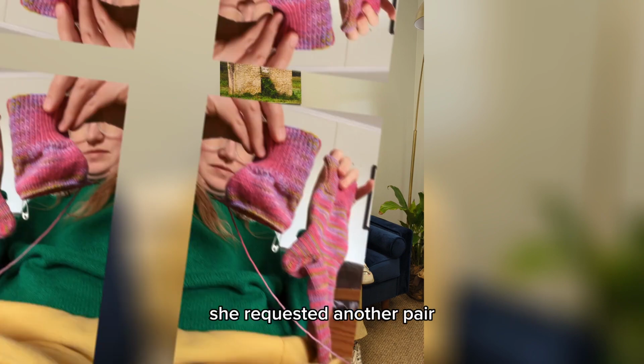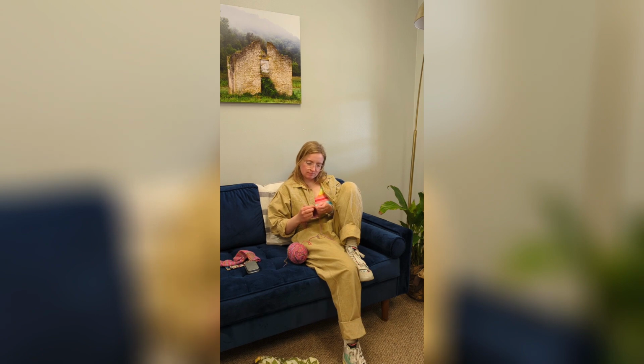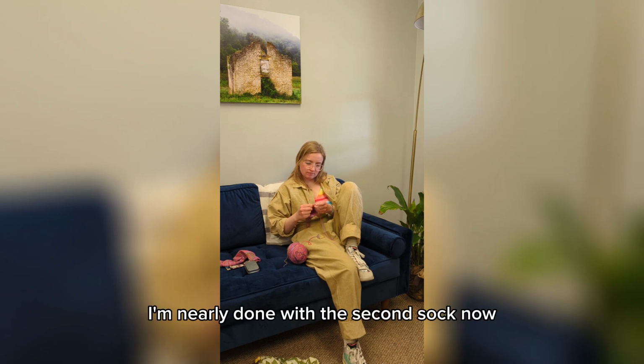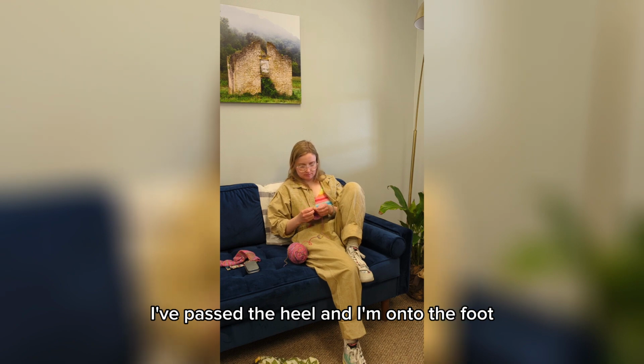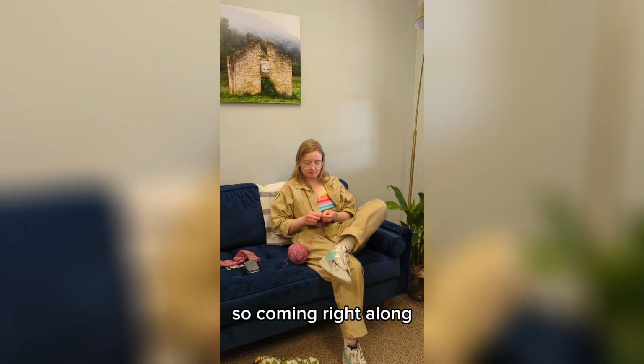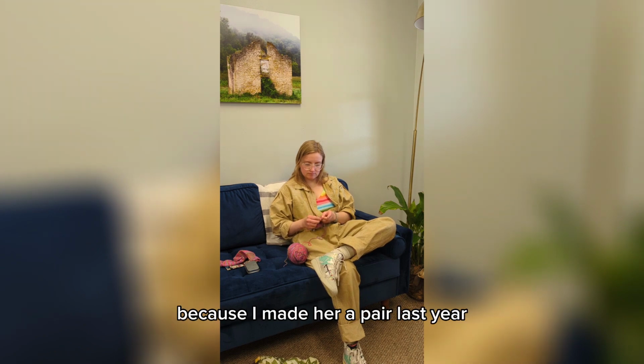She requested another pair, and so I picked some very springy colors you can see here. I'm nearly done with the second sock now. This video was taken a few days ago. I've passed the heel and I'm onto the foot. So coming right along, I want to get these to her as soon as possible because I made her a